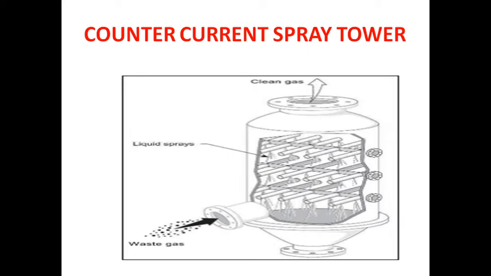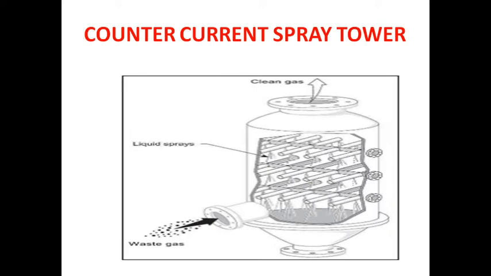This is the flow of inlet gas and liquid in opposite directions. So that's why this spray tower is called a counter flow spray tower. This type of technology can be used, for example, as a wet scrubber for air pollution control. Counter flow exposes the outlet gas with the lowest pollutant concentration to the freshest scrubbing liquid. This is the advantage of counter flow spray tower.